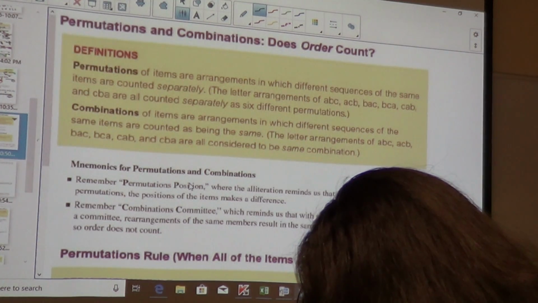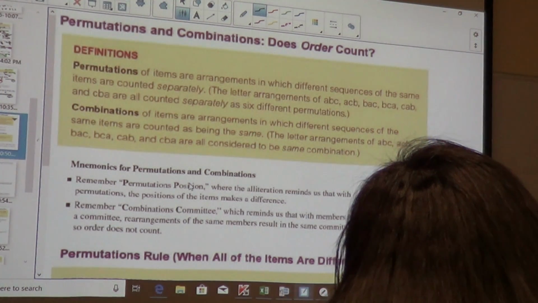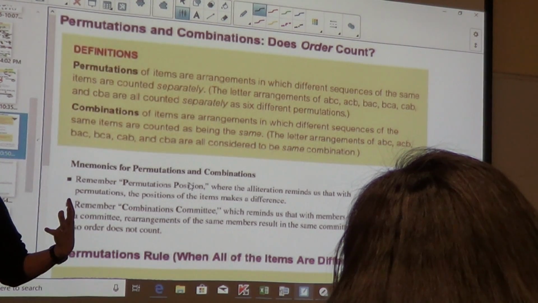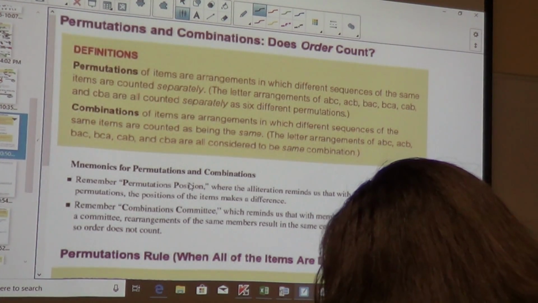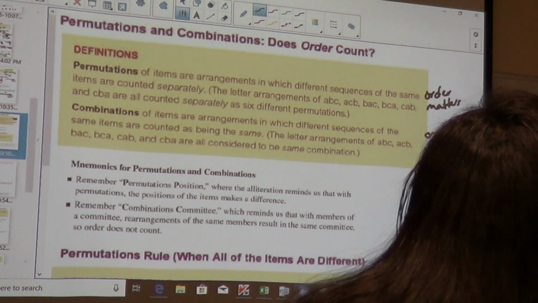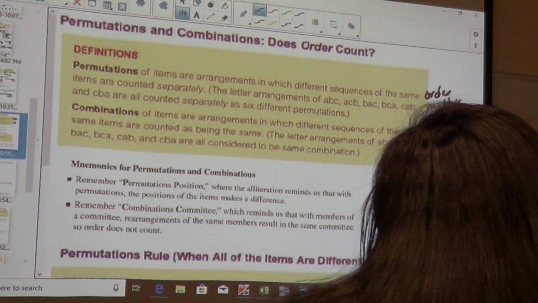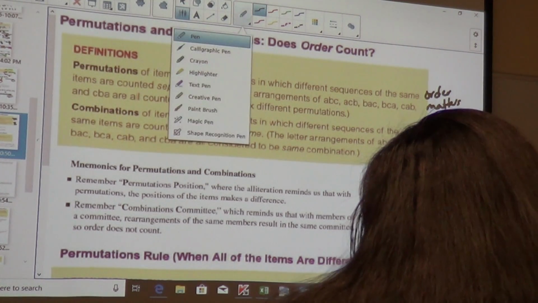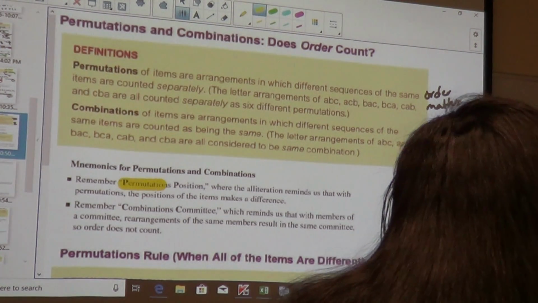Okay, next thing that I'm going to bring up and start you with is permutations and combinations. The main thing that you have to remember with permutations and combinations is that for permutations, order matters. For combinations, order does not matter. And down here, it gave you a little hint. It says permutations are